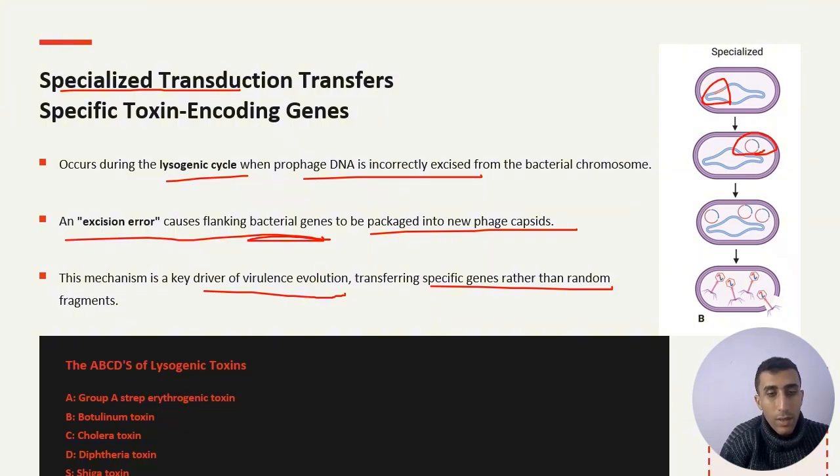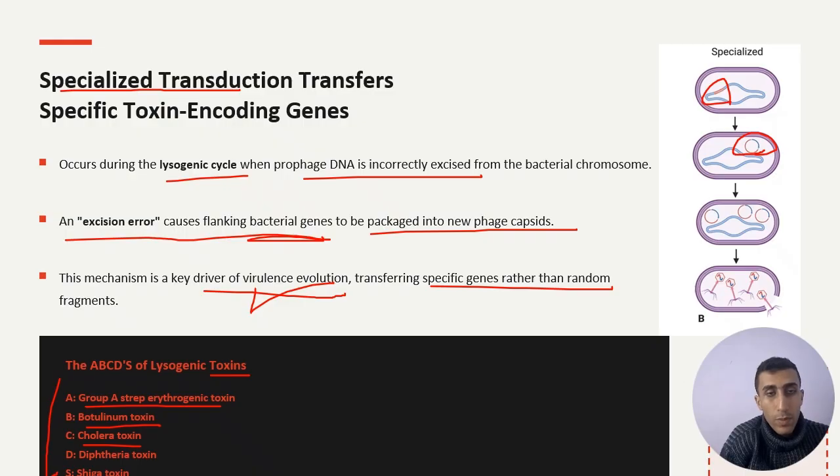You have to memorize some of these virulence factors that are essentially toxins. So: group A strep erythrogenic toxin, botulinum toxin, cholera toxin, diphtheria toxin, and the Shiga toxin. The diphtheria and Shiga toxins, cholera and botulinum, and the group A strep erythrogenic toxin happened this